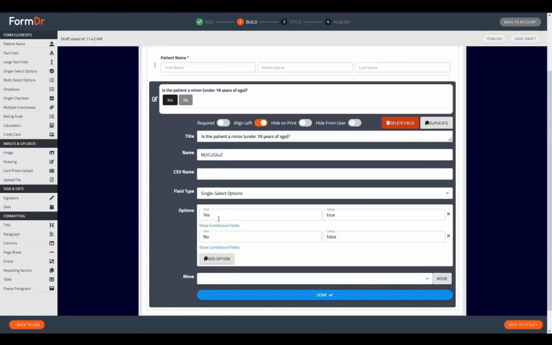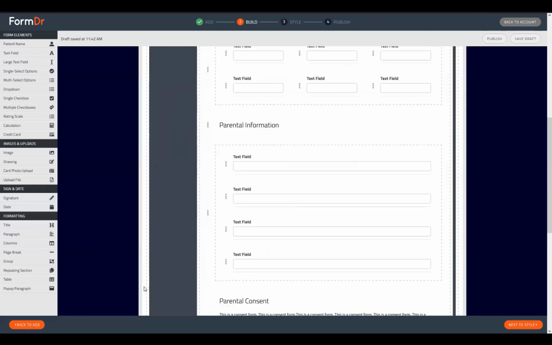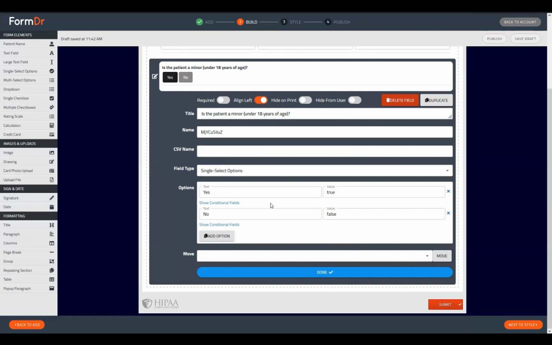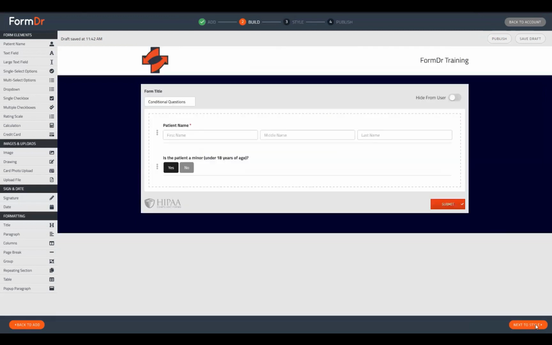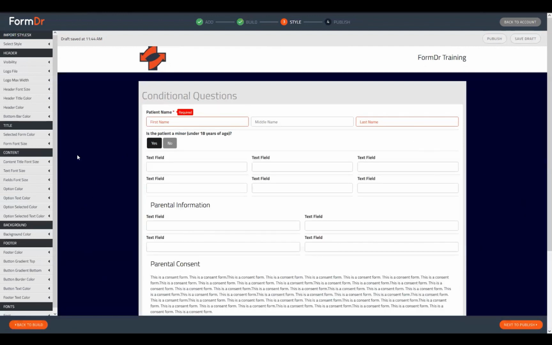We did talk about that at the base level in these areas here. And again, this will be unformatted unless you have added those columns or formatting tools. And at that point, you'll then be able to format however you like within there. However, if we go back to the style page, this is taking up the full width of that answer information